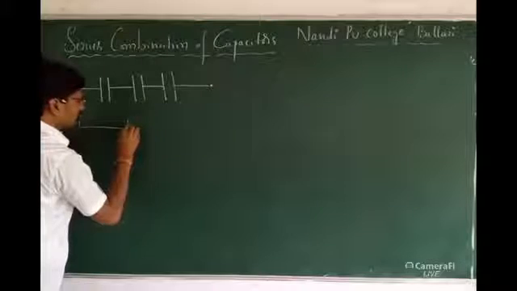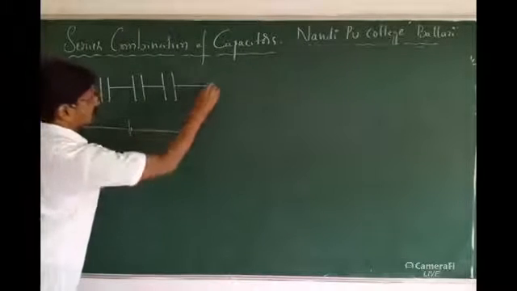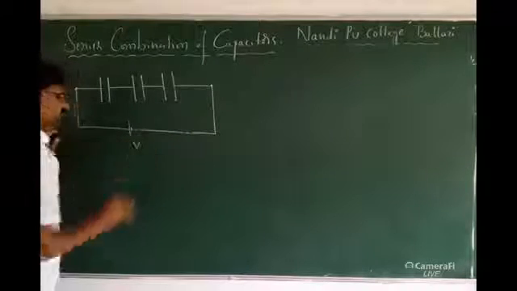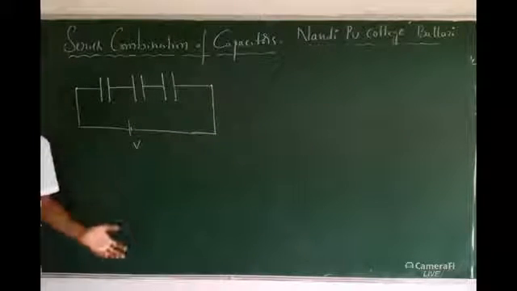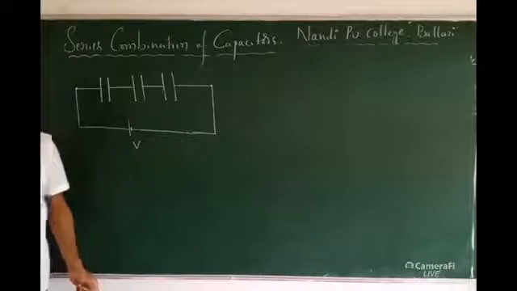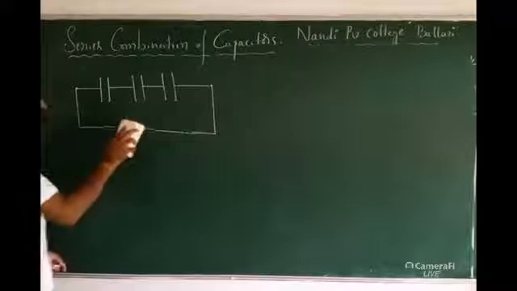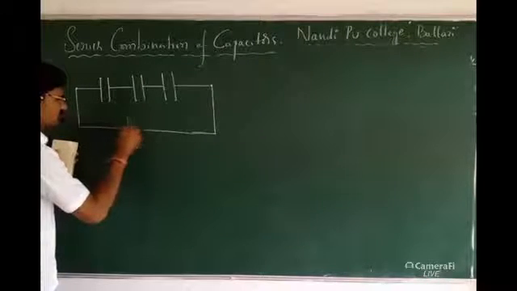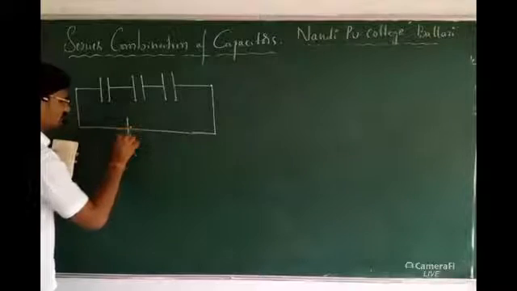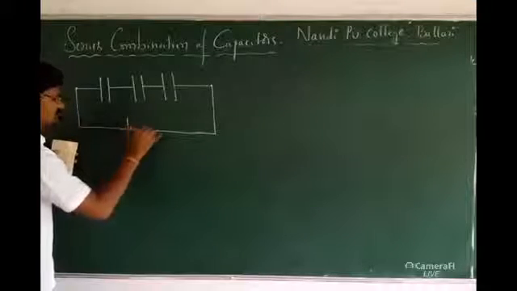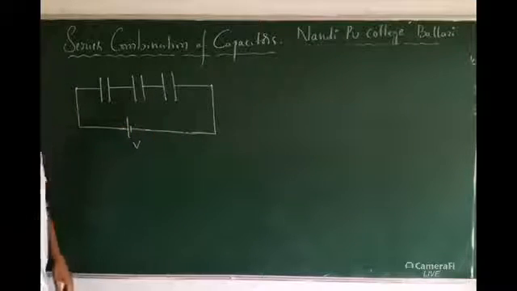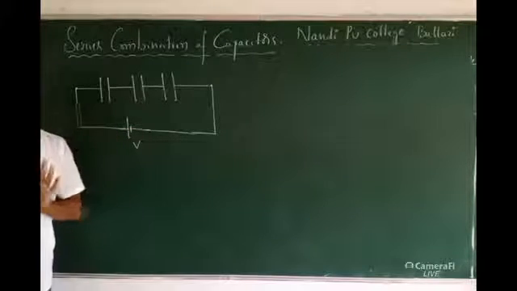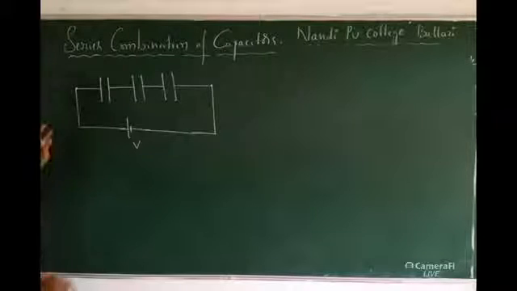We know this is the positive terminal and this is the negative terminal. In some books they will keep V. V in the sense of voltage. Voltage is nothing but either a cell or a battery that we have to connect. For better understanding I will draw a large one. It is plus, it is minus. It is a cell, an external source. The derivation is only 3 steps. It's very easy, but understanding is important.